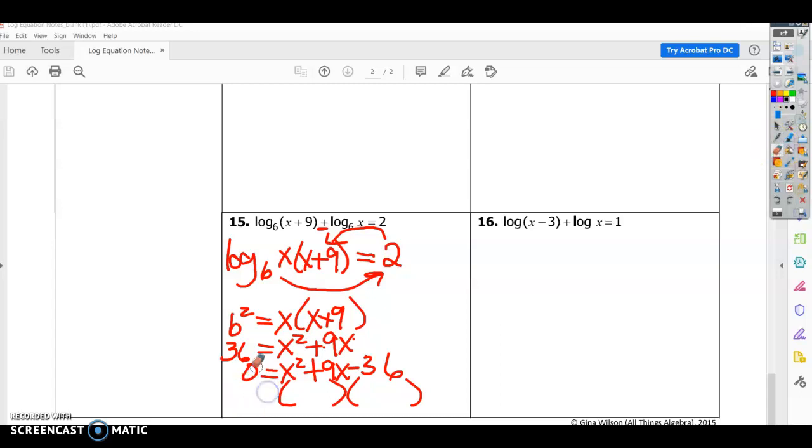All right, so to factor, we need x times x is going to be x squared. And what multiplies to give me 36 and adds to give me 9? So that's going to be 12 and 3. And I need a positive 9, so my bigger number is positive and this number is negative. All right, like before, anytime we're solving, we're going to set our factor